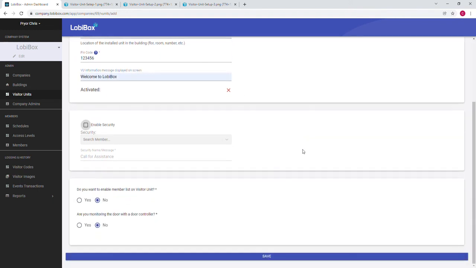All right, we completed that section. Next section is the security section. So this section is for the I need assistance button on your visitor unit. So if you wish to enable it, then you click on enable. If you do not wish to enable it, then that I need assistance button will not appear on your visitor unit. But since we want to provide people with the ability to use I need assistance, we click on the